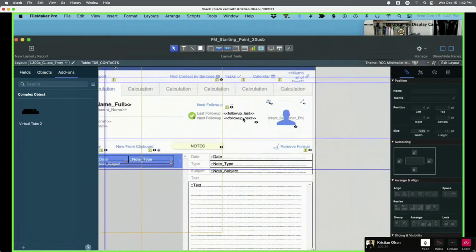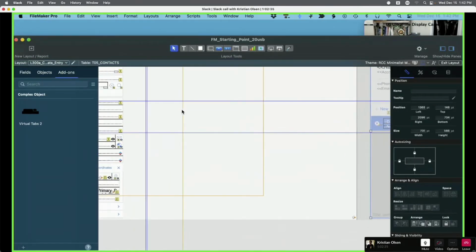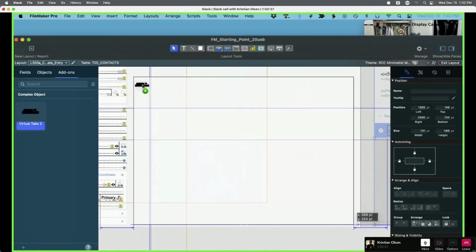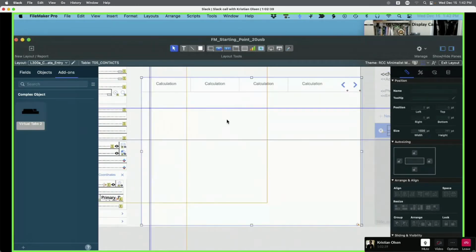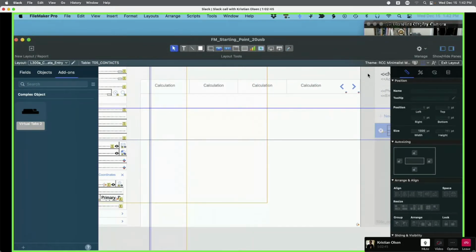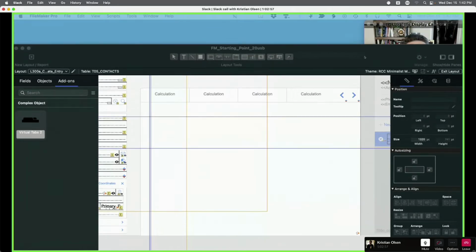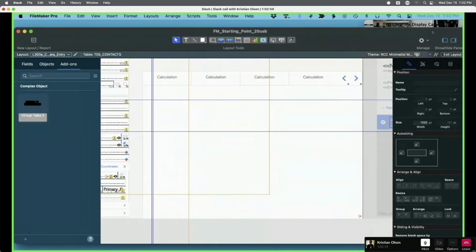And we're going to drag. I thought I'd already prepped this. Sorry, buddy. You can see why I like to have these things prepped before. And we're going to go ahead and drag it on. So no different than before. Get it where we want it. And then I just need to go into the on layout script triggers and customize those. Now, again, I've got another copy of starting point open where I'm going to cheat and grab that configuration. But for all of you, go to that first script in virtual tabs and just copy it yourself